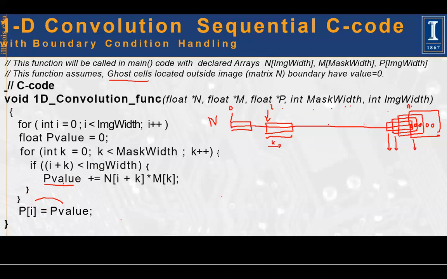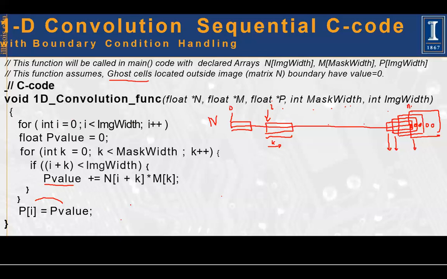It is for the sake of efficiency that it's good to calculate a temporary variable, which may be a register internally taken by the system, and then store the final result into memory. If you put P[i] here, at every calculation you will have to access memory p for updating the result. So it is just for efficiency, but otherwise, from the code correctness point of view, you could write P[i] here as we did in the pseudocode we showed there. It's our choice.